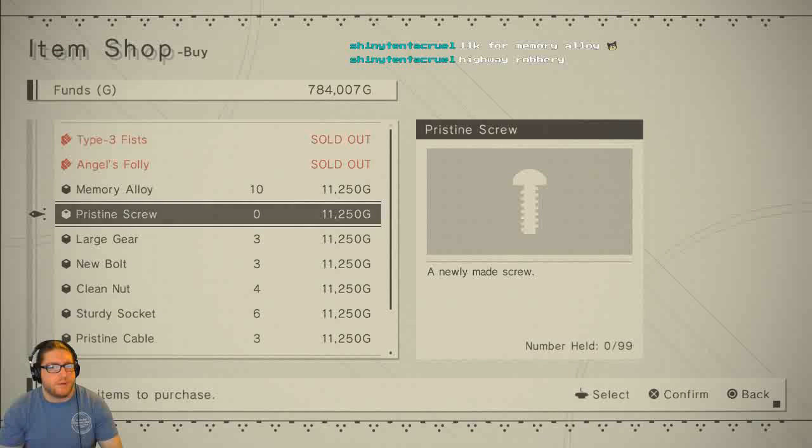Also, these are more expensive than they were before. Doesn't really matter, we have a lot of money. But yesterday they were 7,500. It's weird. Pristine screw. I don't think I need any of these. I need pristine cable. Well, actually, I have enough pristine cable. I need it for the upgrade, but I already have enough. So I only need